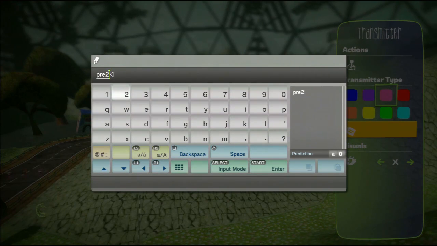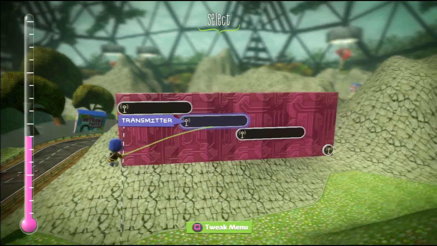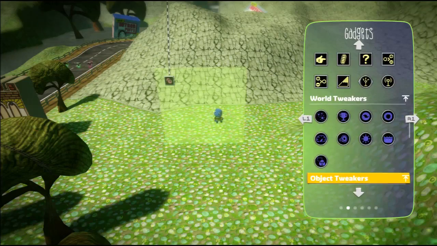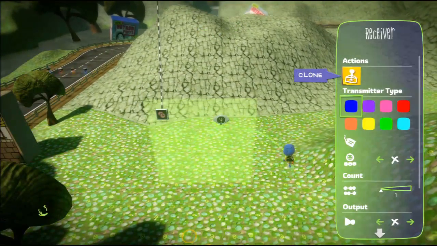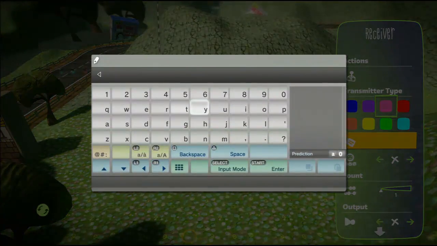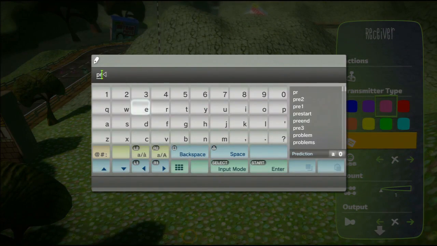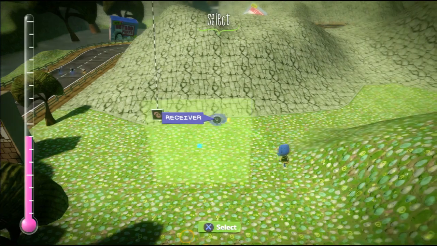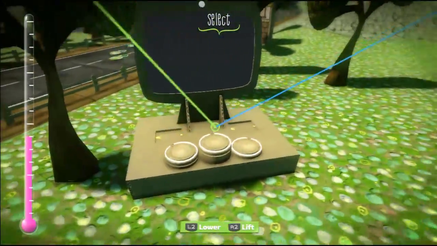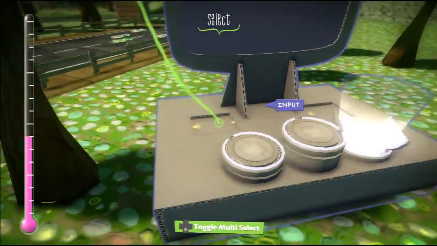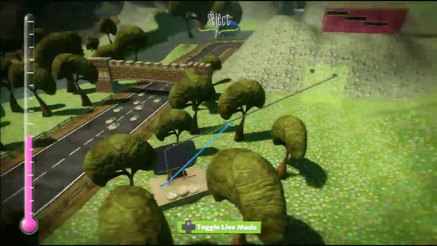But the most important thing, of course, is to make sure that your transmitter and your receiver are exactly the same color and exactly the same label, so you've got the right thing activating the right thing. Now, before we finish this and activate this, we need to add one last receiver, which is going to be the one that's going to actually end the whole cutscene, and I'm going to call this one pre-end. So no matter how many cameras or stations I have in this particular cutscene, so pre-1, pre-2, pre-3, pre-4, all that kind of stuff, it's always going to end with pre-end, and I'm going to wire that back to the